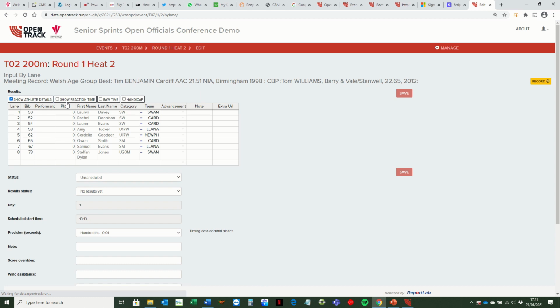Now we're going to put the times in for heat 2. So we stick by lane. Normally we do this by place, but just for this purpose we can do it this way. And I'll just put the rest of the times in for the moment. And all those times are in now, and again we'll put the first 3 in which we know qualified. Click on finished,